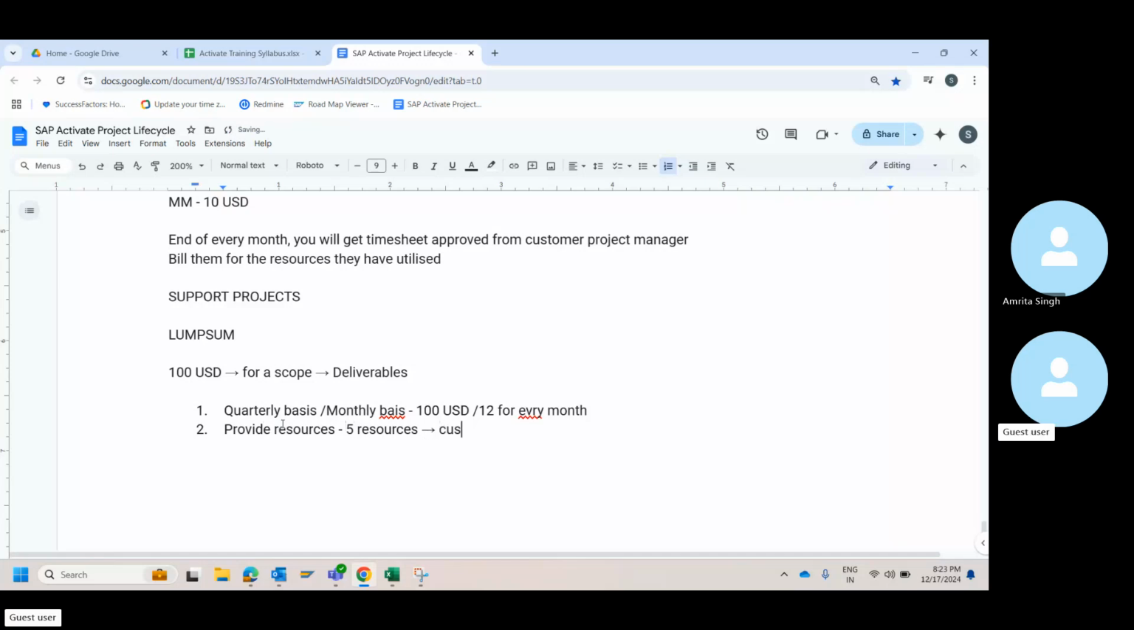5 resources. The customer will interview. Here in this case, they will not interview. It's your scope. You are responsible for delivery. They will not mind about the resource that is working in the backend. Here, customer will interview,